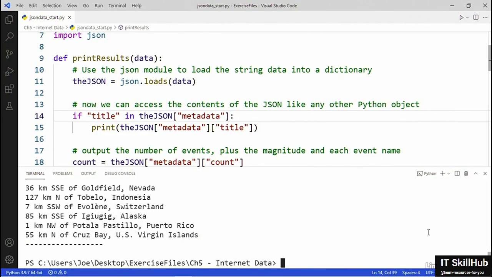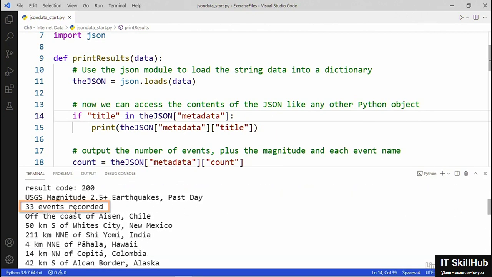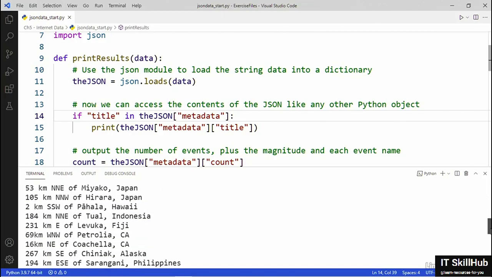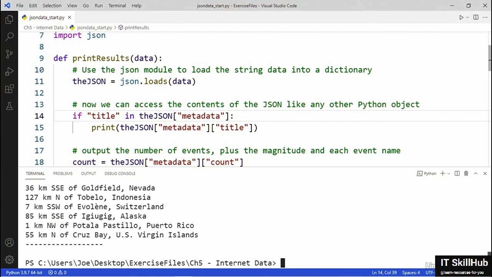And let's see. All right, so we've got a list here. Here's our list of events. So we've got 33 events recorded, and we've got off the coast of Bison, Chile, we've got 50 kilometers southwest of New Mexico, we've got one in India, there's one in Hawaii. So you can see that we're getting all of the recorded earthquake events that were larger than 2.5 magnitude, and there's 33 of them. All right, so making even more progress, let's print out a list of all quakes that